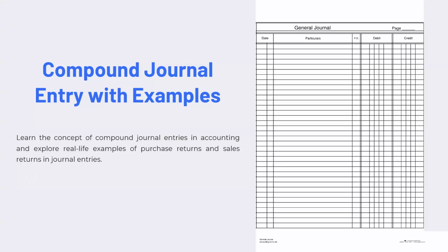And there is a rule for personal, real, and nominal. If a transaction is made under a personal account, it is always: debit the receiver and credit the giver. Whoever receives the money or money value is always considered the debtor because they are the receiver, and whoever gives the money or money value is always considered the creditor.